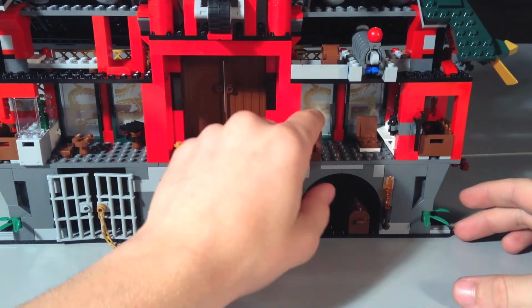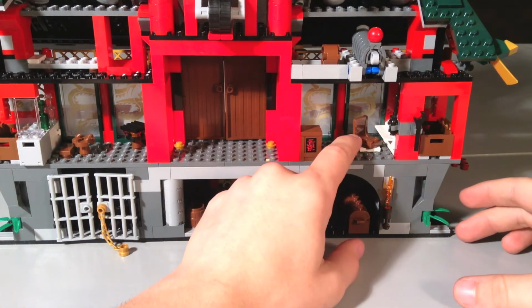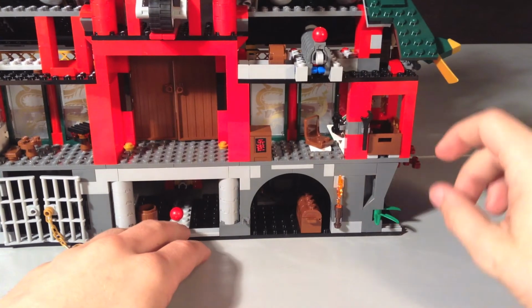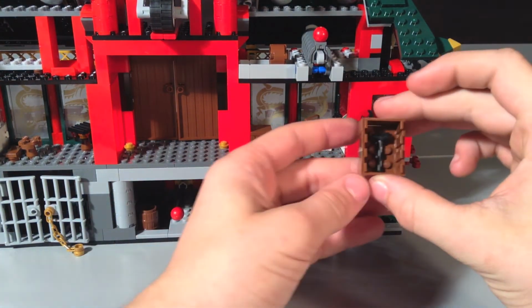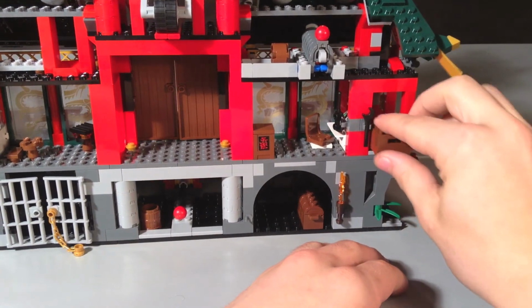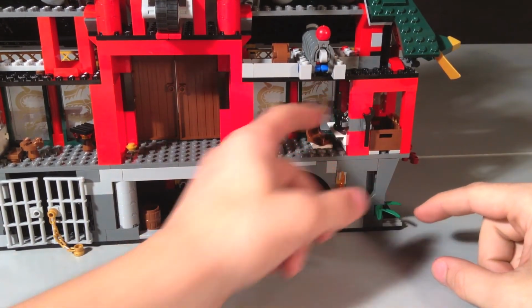I mean, it's okay. And then you can see this little chair that spins around. You get some nice little accessories over here, like a walkie-talkie and a wrench. And then you do, inside of here, get a little hammer piece. So that's pretty cool. So I'm going to pull out this little computer screen right here really quick